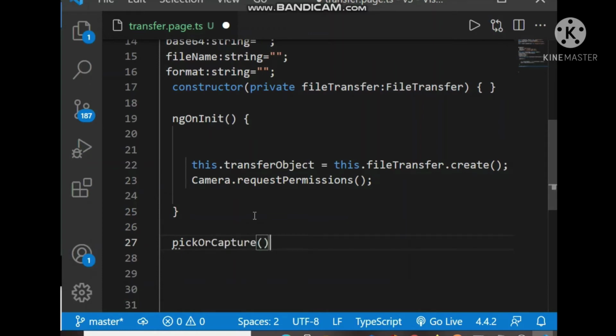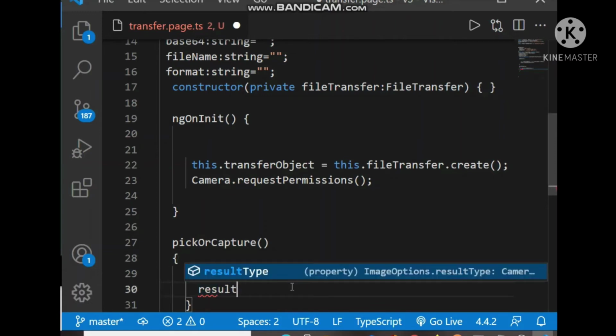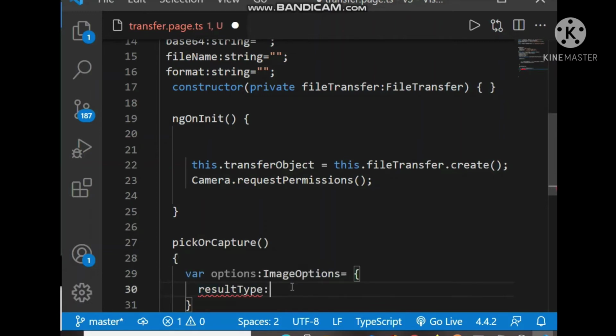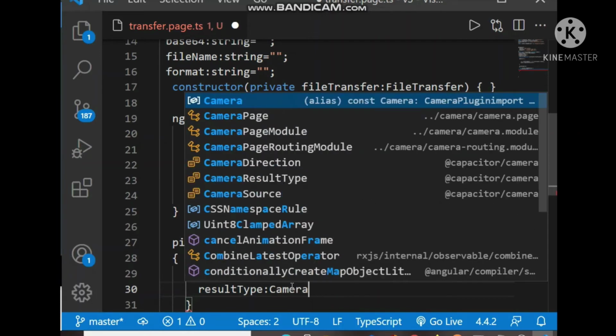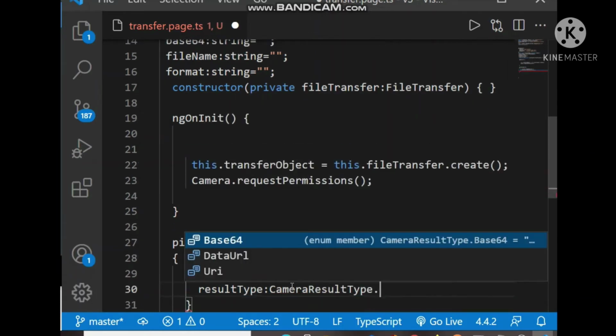It means the user can pick the image or capture the image with the camera plugin. Options, image options, result type will be camera result type dot data URL.